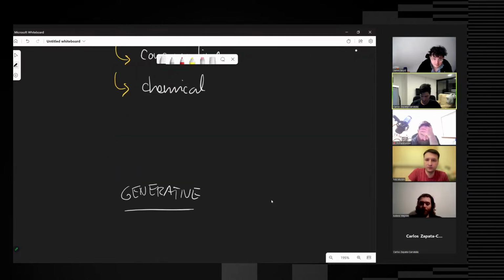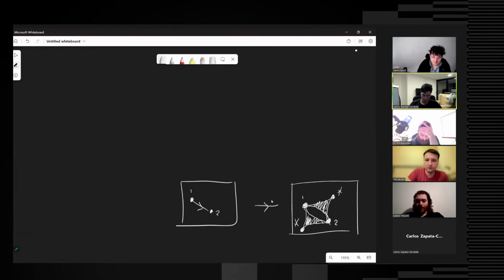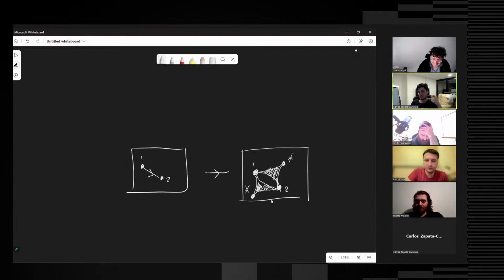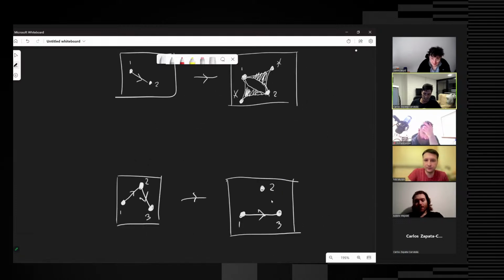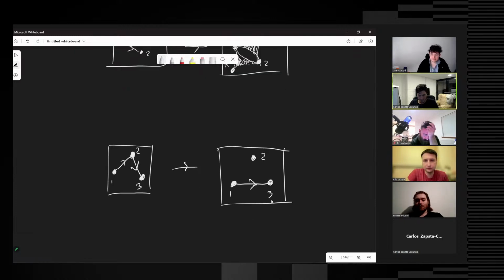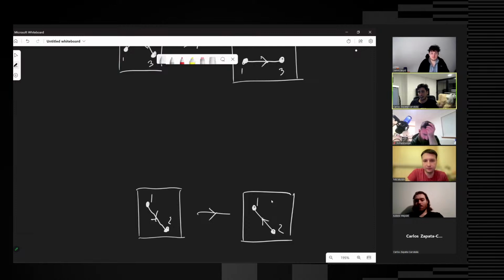So I think I have some pictures here. A generative one could be something like this, right? You have maybe one single edge, and then it outputs two edges. Looking at the basic metric of number of edges, that increases the metric from the right-hand side to the left-hand side. Something that is reductive is the classic composition, for example, of morphisms in a category. That reduces the number of edges. Something that is conservative could be something like a dagger. The classical example of a dagger in a category is where you basically just reverse the orientation of an edge.